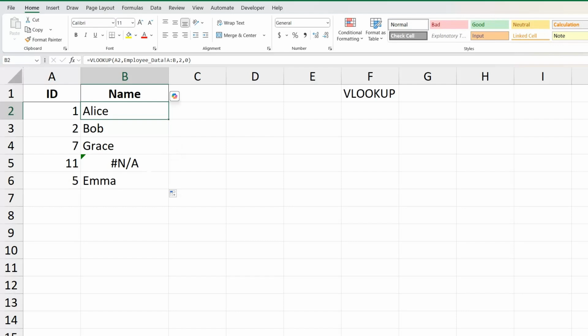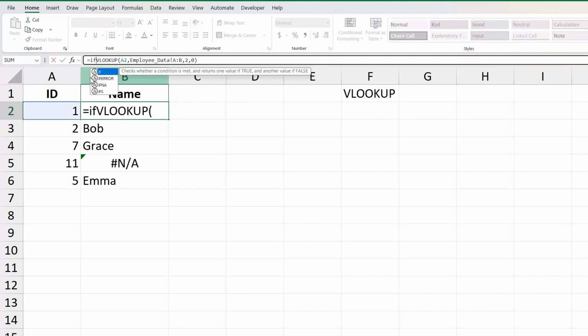I will go in the first cell where we put the formula, and I will write here IFERROR. I will open the brackets, and I will keep our formula, but I will add an argument, because you see here IFERROR has 2 arguments. First one is the value, and in our case it's the VLOOKUP function, the entire function, and if that value is good,